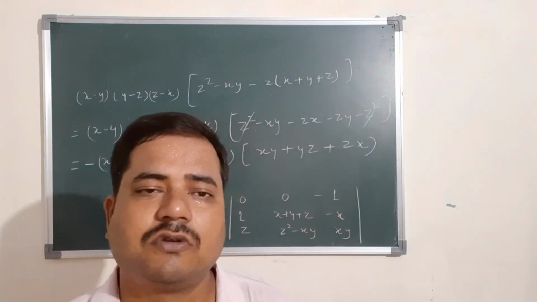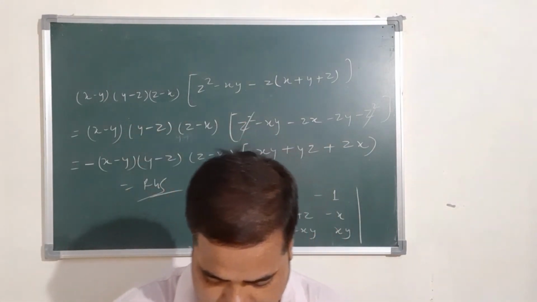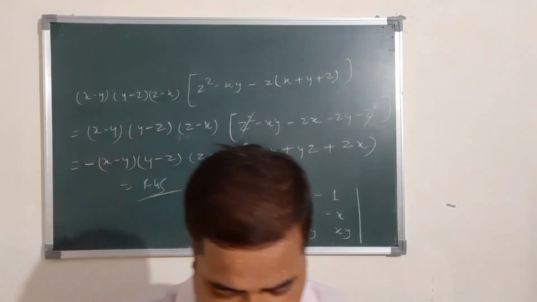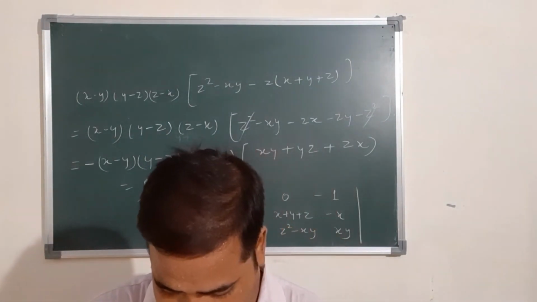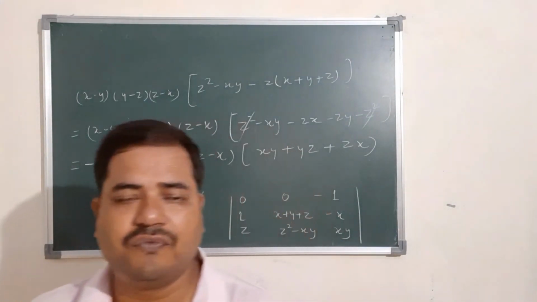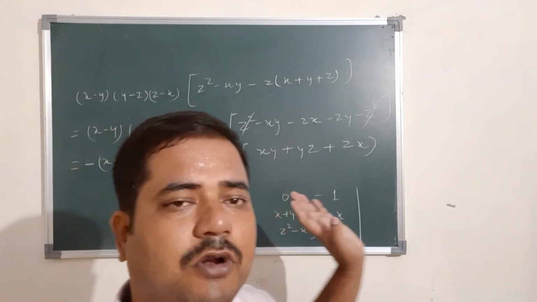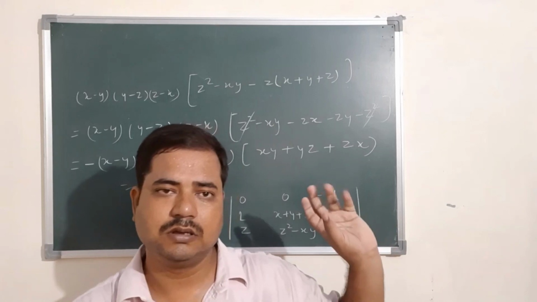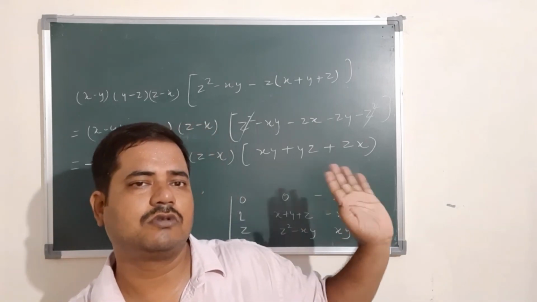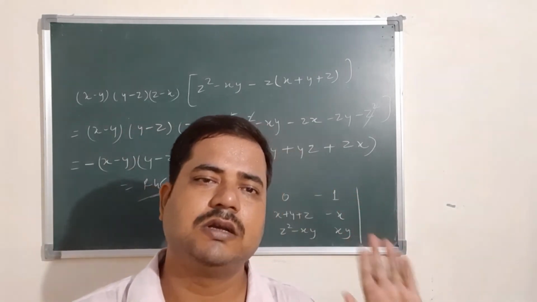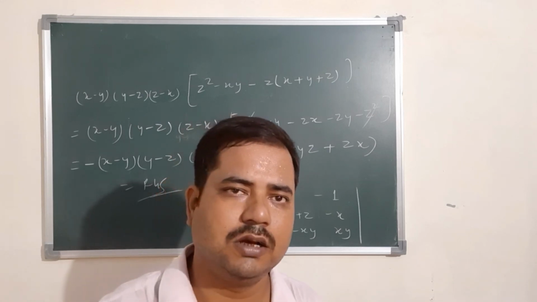Next topic is area of a triangle, and afterwards minors and cofactors, because actually this is not in syllabus, that's why I'm not going to solve more questions based on this after that. We just need to understand the next topic.